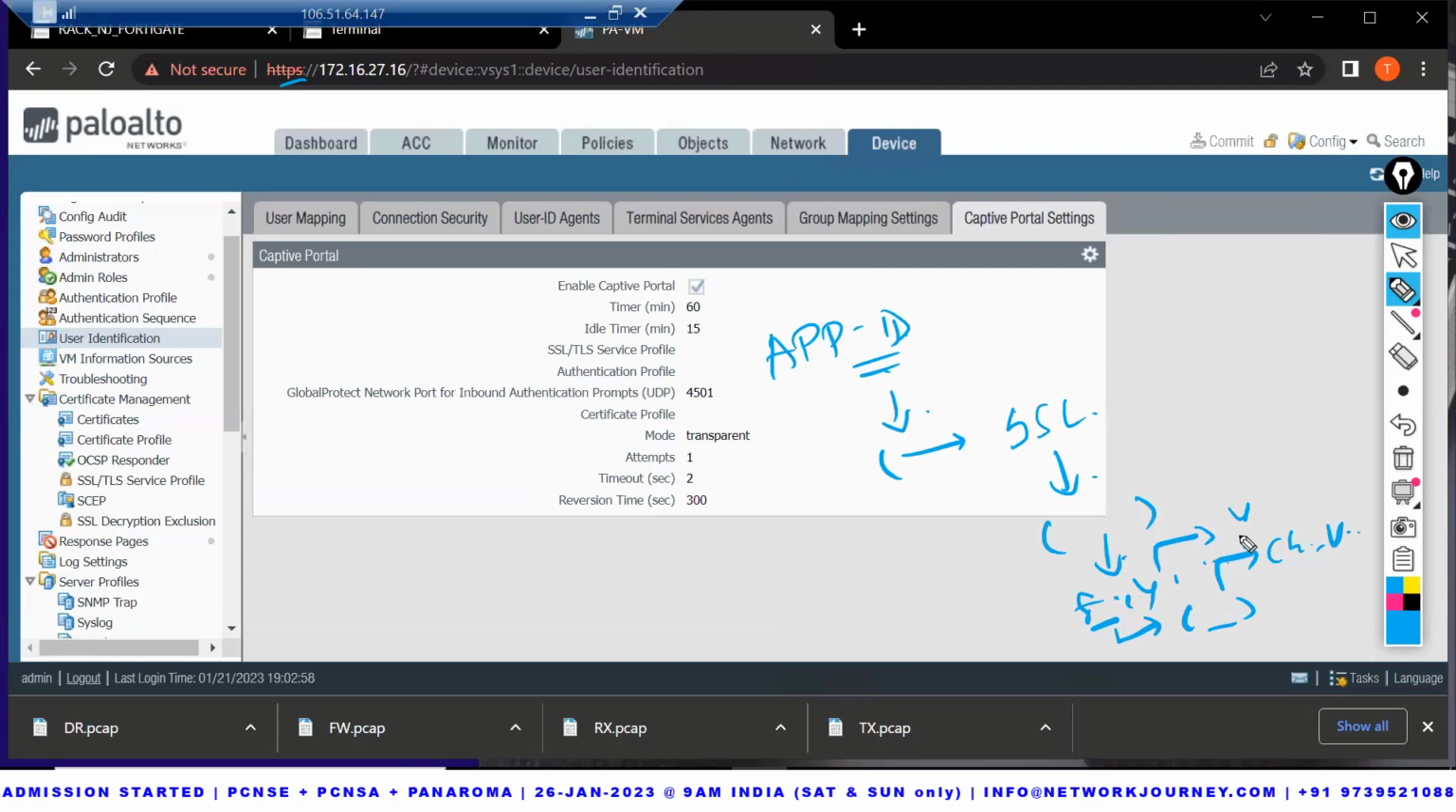And again on Yahoo or any other website, what exactly we are accessing, and if that application can be segregated, it will do so by using its own App-ID signatures. So the Palo Alto has its own signatures built in within it to identify the well-known applications. So if I have to show you in the GUI,